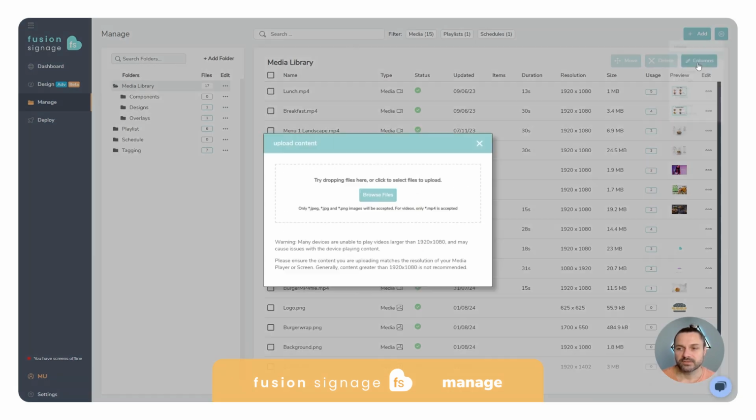Images and videos allow you to upload the same thing. If you don't want to drag it into the folder, you can browse onto your computer. We support JPEGs and PNGs for images, as well as MP4 video files. Keep in mind that your resolution is going to impact the playback on your screen. Even though some devices are 4K compatible, we recommend always keeping your resolution at 1920 by 1080 just to avoid